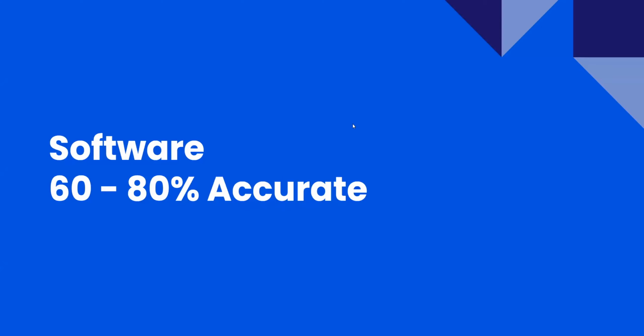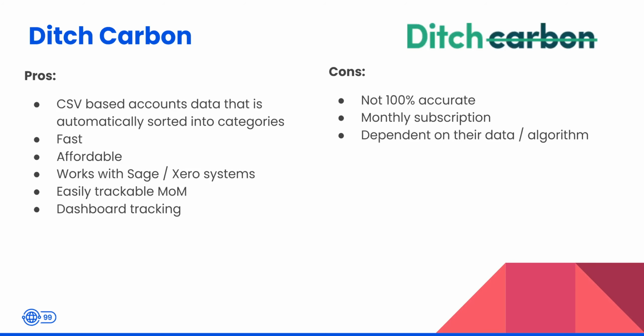Next one to look at are software. So these are the ones that I'd say are 60 to 80% accurate. One of my favorite ones that I've recently discovered, and it's a startup based in Brighton, is called Ditch Carbon. So what Ditch Carbon do is they'll take your accounts data. So you export a CSV file from your like Xero or from Sage or whoever, and then import it into Ditch Carbon, who will then run their software over it